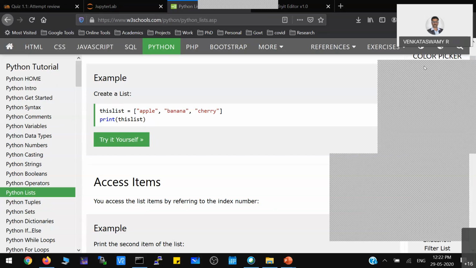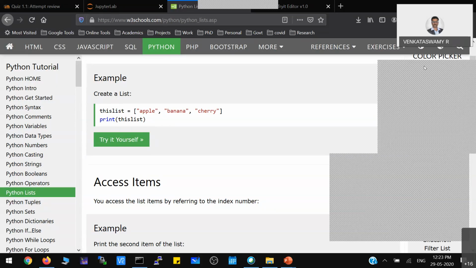Almost 10 to 15 languages without anybody's help. So you just have to learn by yourself. That is what I told in the first class itself. You have to practice all. If you don't practice, you never become an expert. By undergoing this course, you can't say I learned Python.